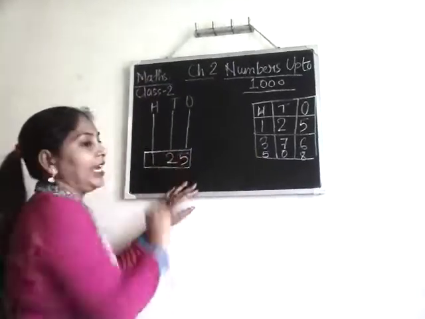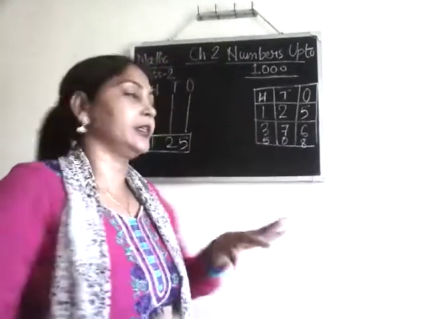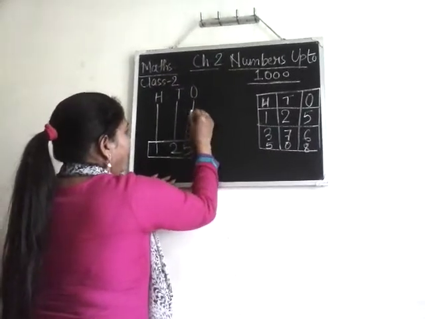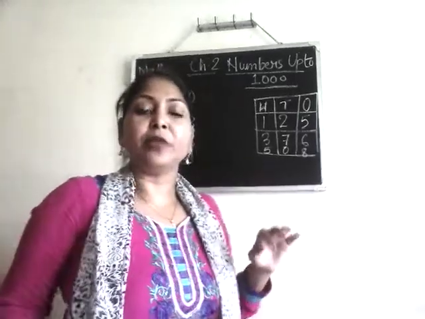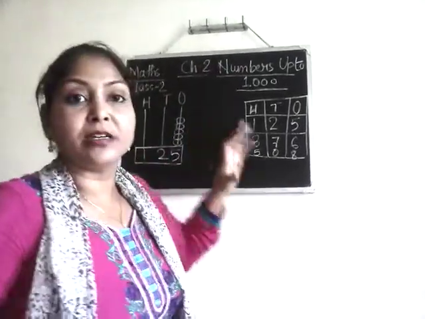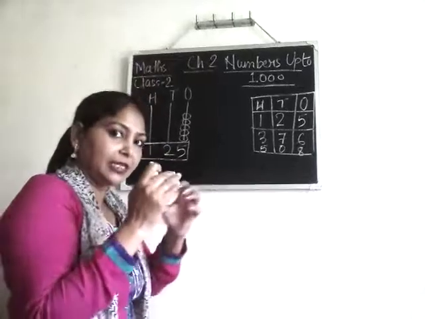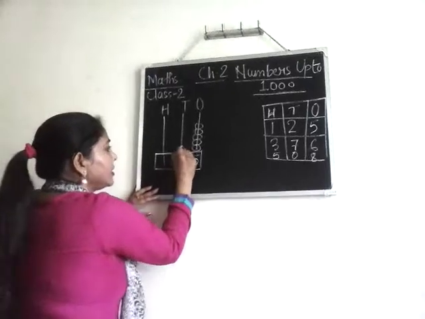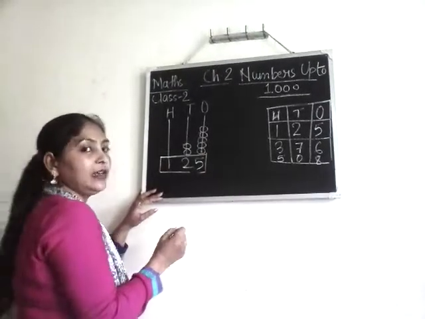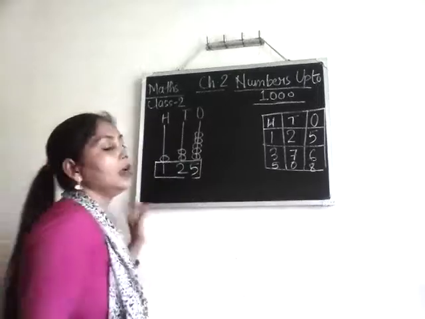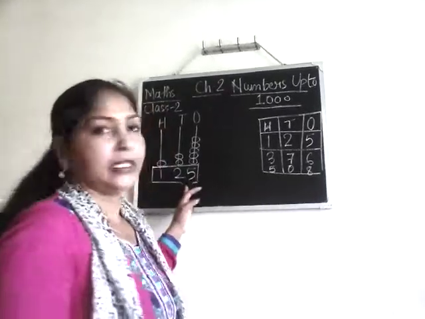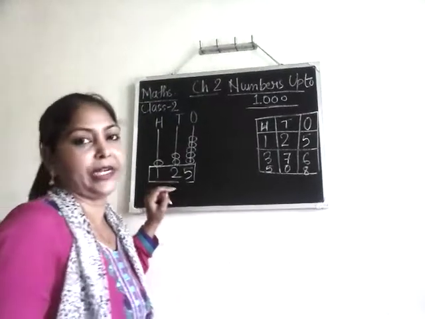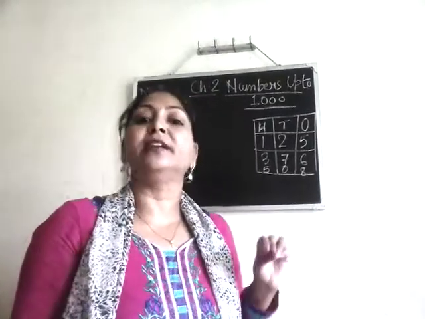You see here, for 5, we will draw 5 circles in this manner: 1, 2, 3, 4, 5. And every time you will see that all the circles are attached to each other, joining each other. Then in the tens place we have 2, so we will draw 2 circles. And in the hundreds place we have only 1, so we will draw 1 circle. See, in the abacus we represent the number in this way. So this is 125, and you also have to learn to write the number names.